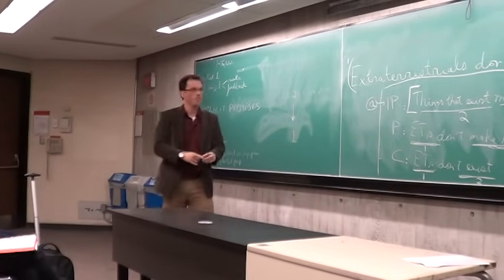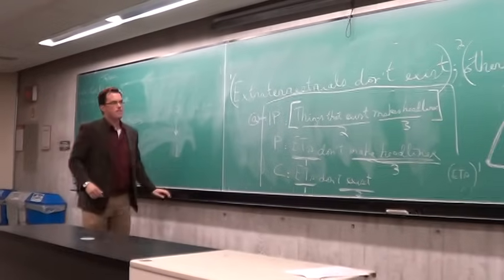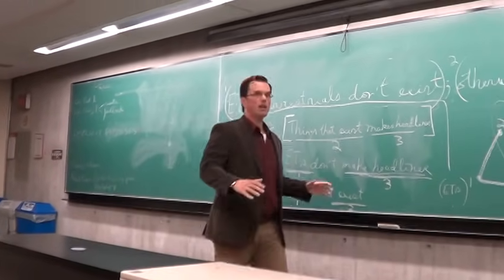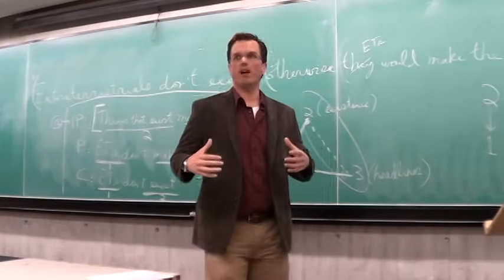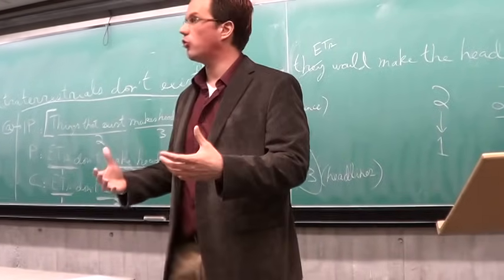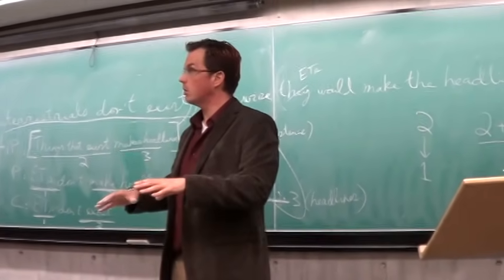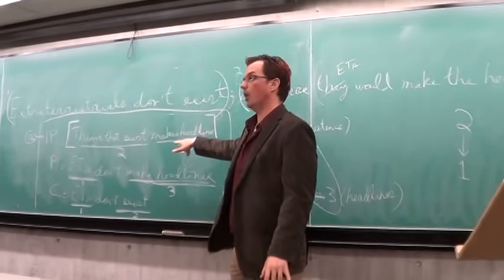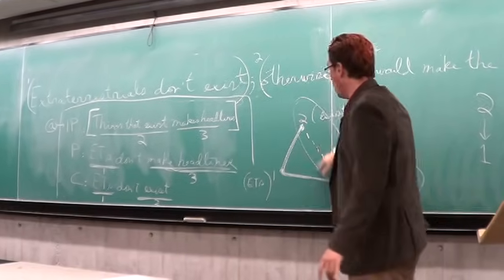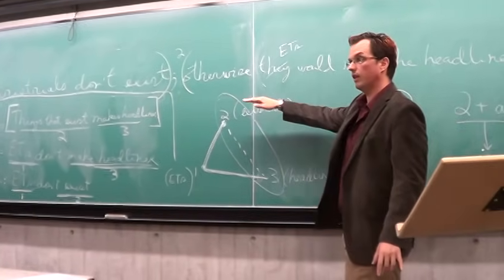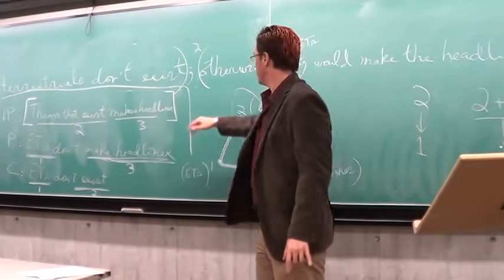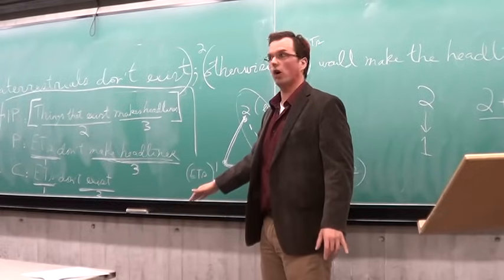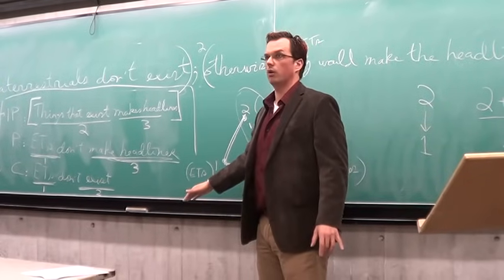Yes, my friend? If you replaced things with ETs, would you mark it as wrong? Yes. Because what I want you to do is stick to just 2 topics, and these examples are always going to be simplified. So all the implicit premises that I'm going to ask you to extract are always going to be very simple. You would introduce a 3rd topic if you did that. And your mission, when reconstructing the implicit premise, the top proposition, was just to combine existence and headlines in a way that makes this run through. That's all you were asked to do. That's it. So keep it mechanical.